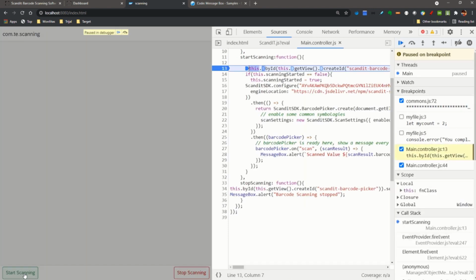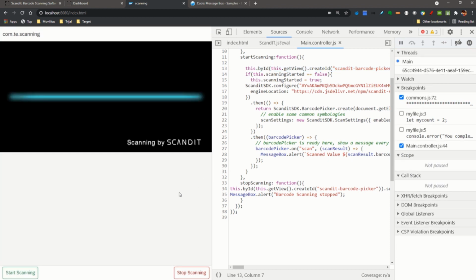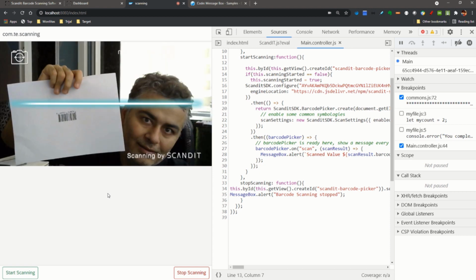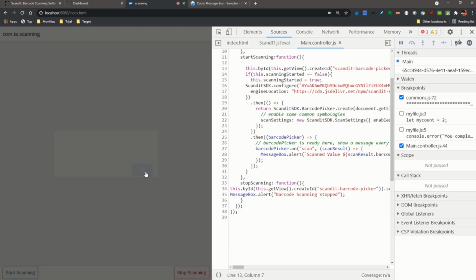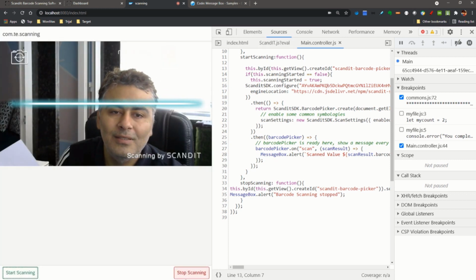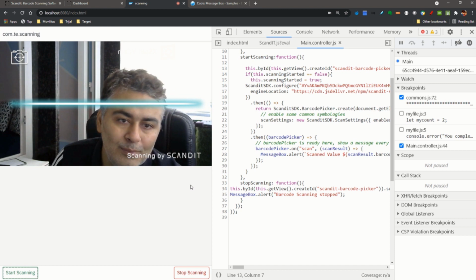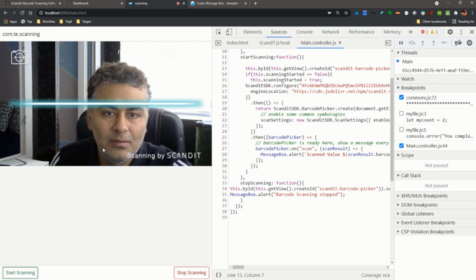Come on. Start scanning. Good. It shall load soon. Yes, good. I'm ready with my scan. Alert, scanned value has come. Stop scanning. Good. Barcode stopped. Start scanning. Scan. See now, perfect. Great. Okay. So this actually brings us to the end of this small project, which was basically intended to